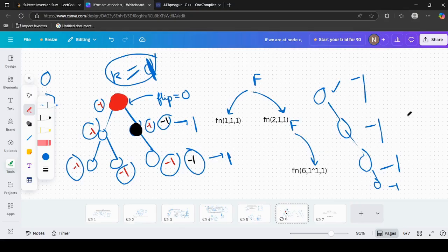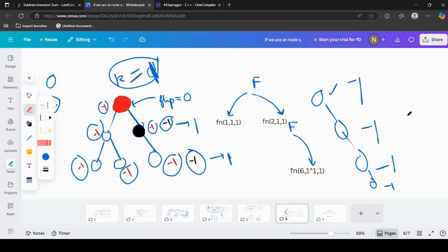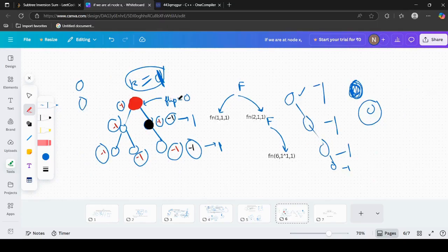So here we can simply use a single value propagating to every node. Initially flip is 0, right? Because at the root node it is unflipped. So the flip is 0 because it is flipped an even number of times. So the value is the same as before. There is no minus value. So initially flip is 0. So when we are doing a flip,